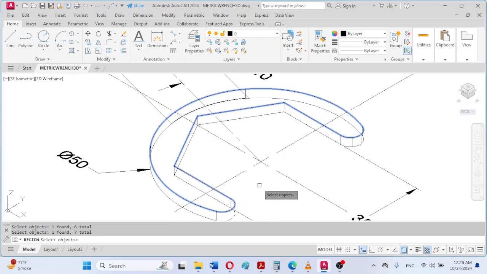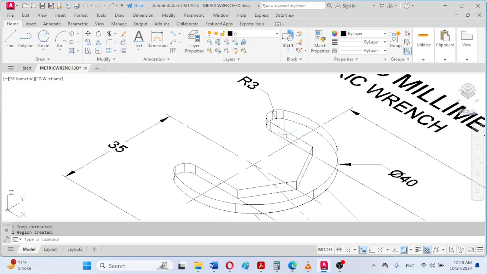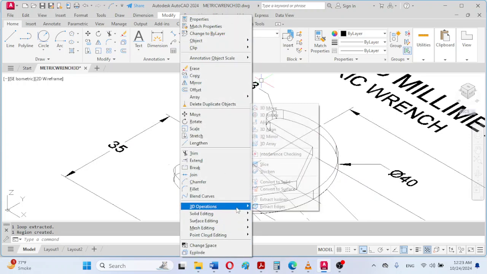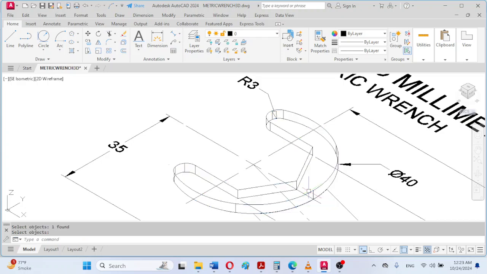So in this way we can observe that one region has been created, so another sketch has been created. So in a similar manner we can extract edges from the other jaw, left jaw. So click on Extract Edges and then click on this model, just press enter, and now